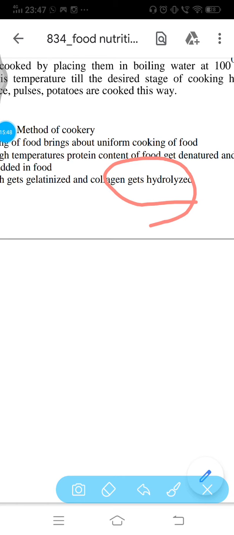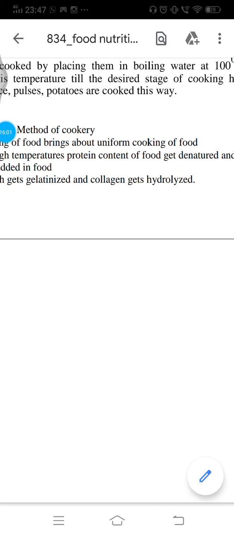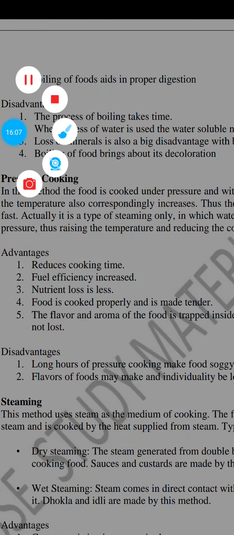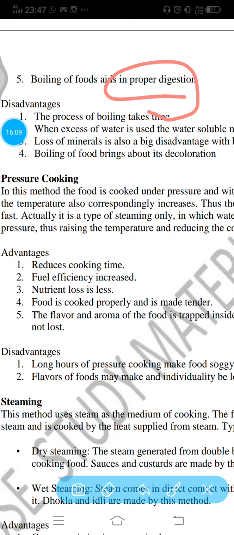Collagen is a protein, so it will add amino acid in your food, and it is going to make your body healthy. Next advantage is that boiling of food aids proper digestion. The boiled foods are easy to digest.